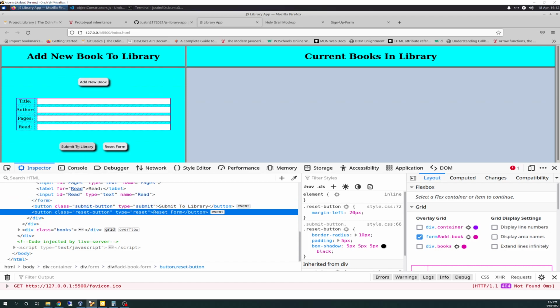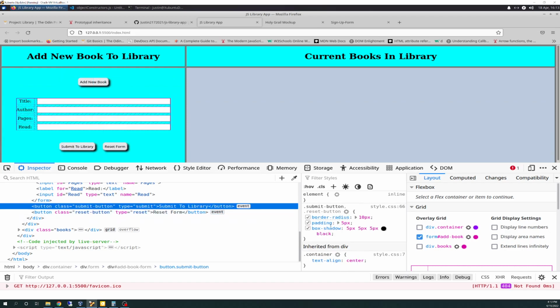So I had already built all this out and had this working, and then I added these two buttons, and they were not cooperating when I tried putting them inside the form, and that's why they live outside of the form. They're still inside the div, the add book form div, but they're outside of the form because I could not get them to behave, and I didn't want to go back and redo my grids and stuff. So that's why they exist outside. Hence why I have to have an event listener on reset. So that's in case you caught that earlier. Maybe you didn't, but anyway,